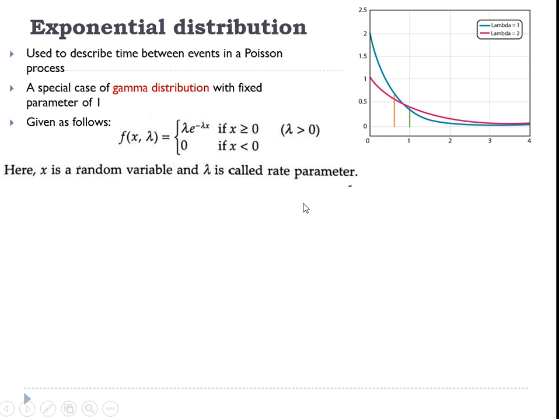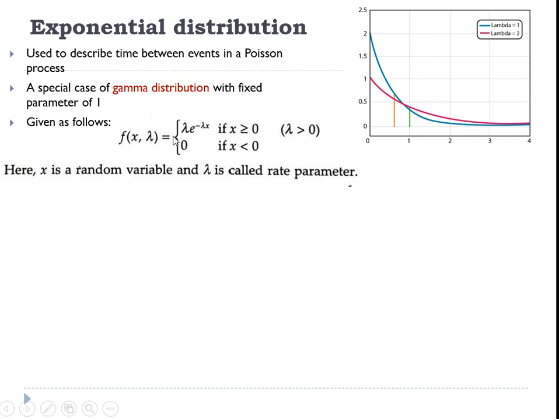As you can see here, there is only one important parameter, that is lambda. The probability density function for a random variable x is lambda times e power of minus lambda x for all values of x greater than or equal to 0, and it will have no negative values. So the value will be 0 if x is less than 0. On the right hand side, in the positive values of x, you get an exponential curve.